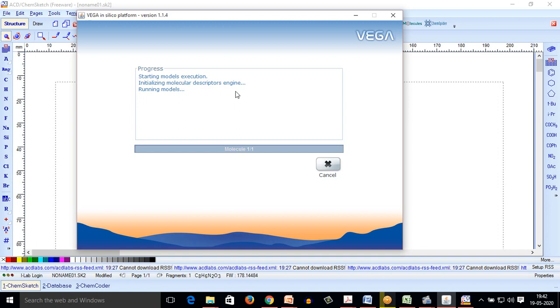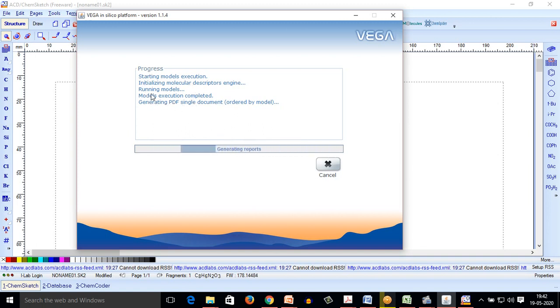This may take time as per your computer or laptop performance, and it may depend on the set of models that you have chosen. If you are choosing only one model, the process may be faster. If you are choosing all the models, as I have, the process might take some time, but still it is a very fast process.